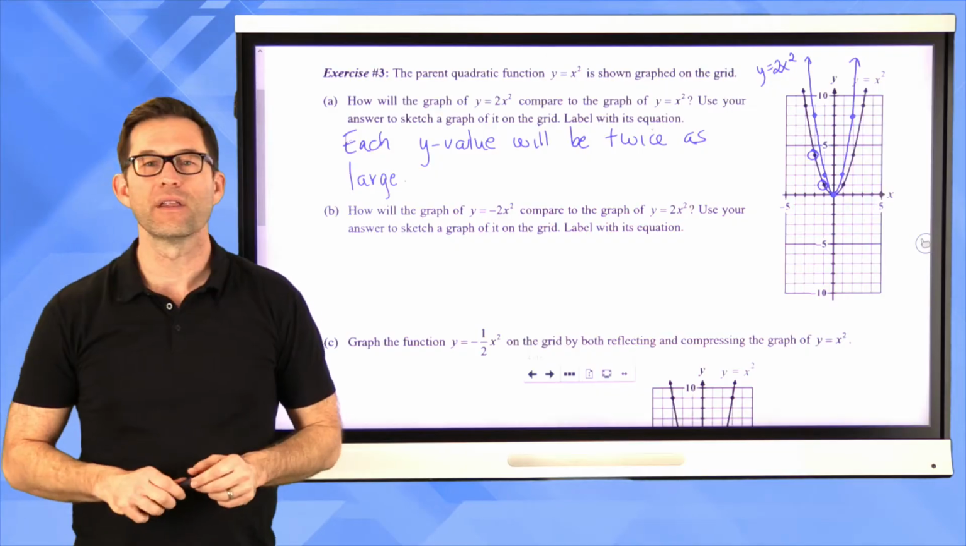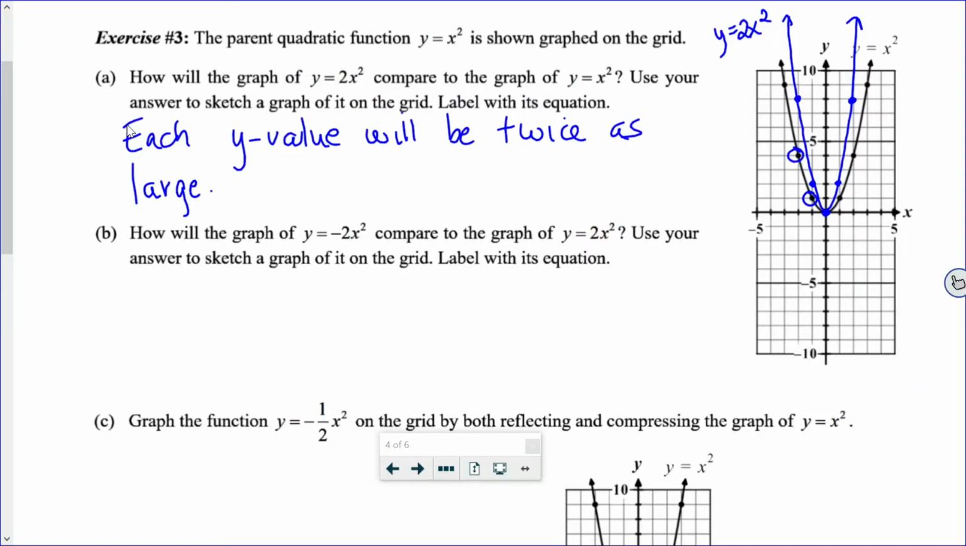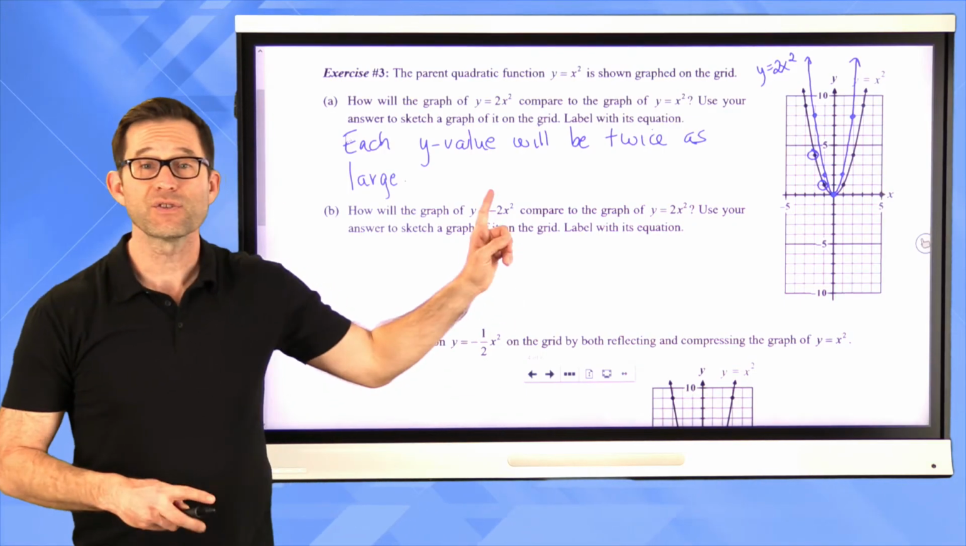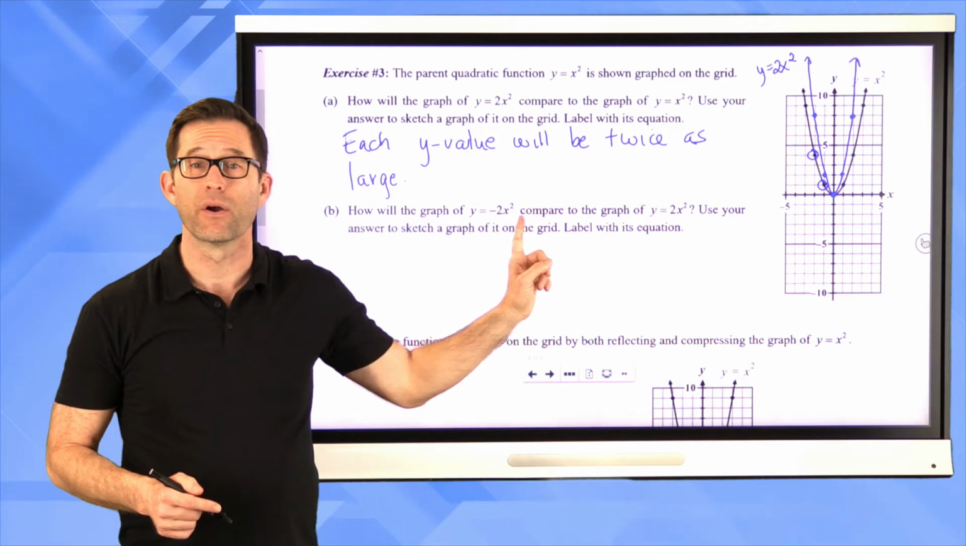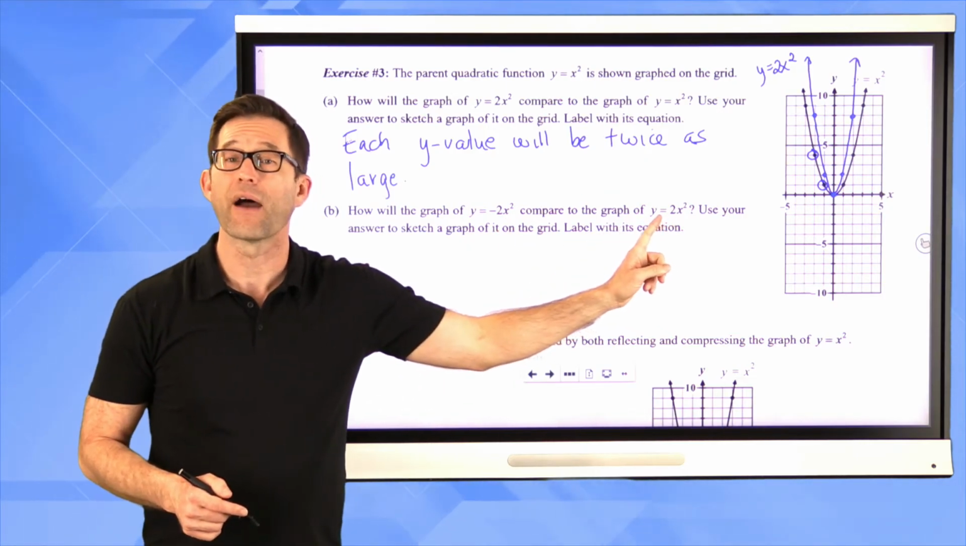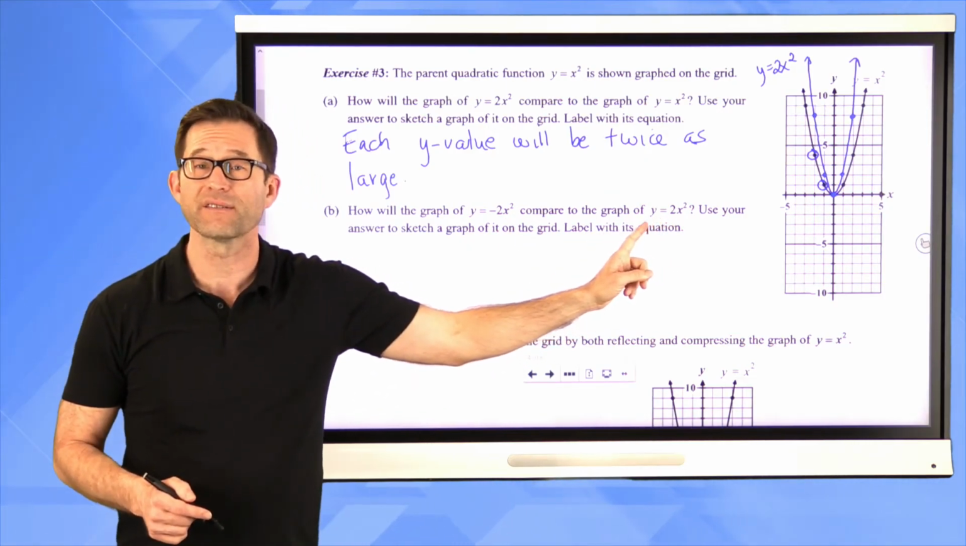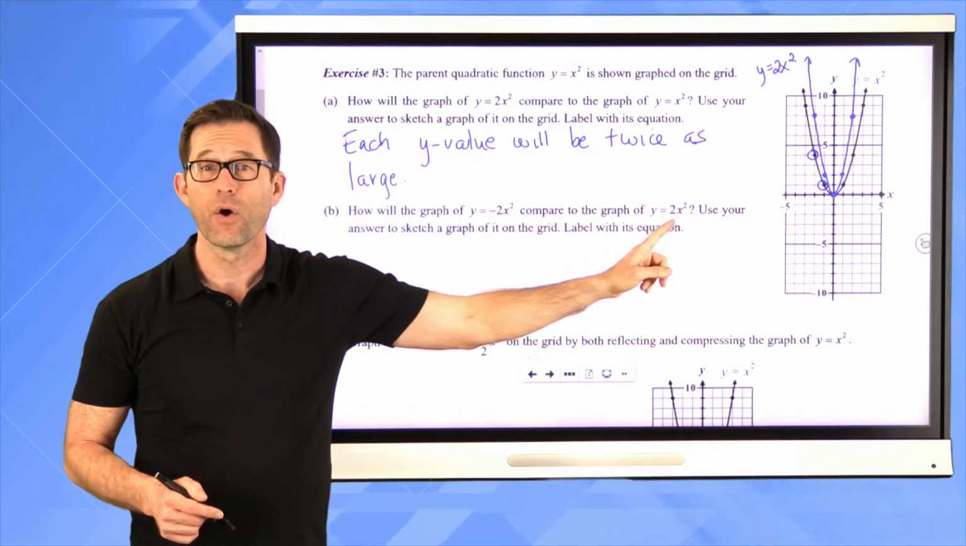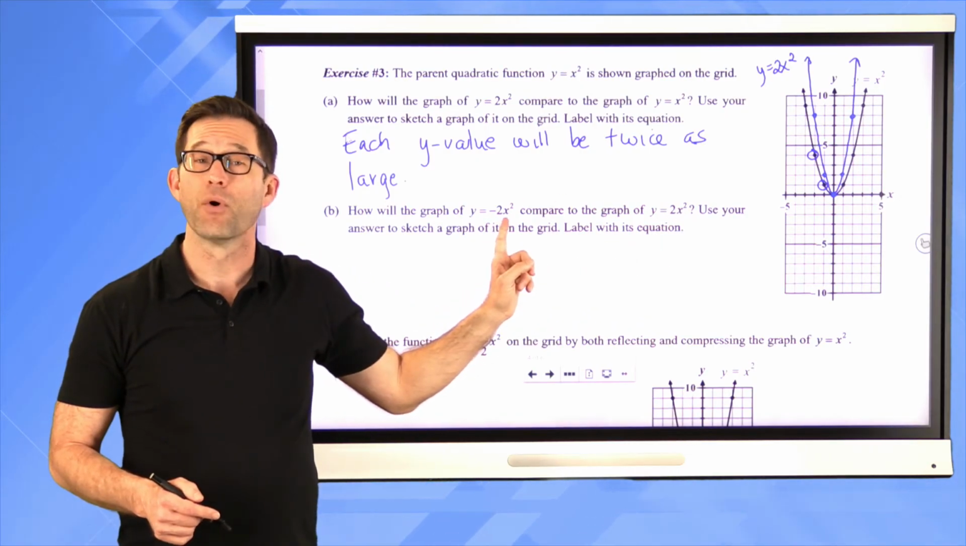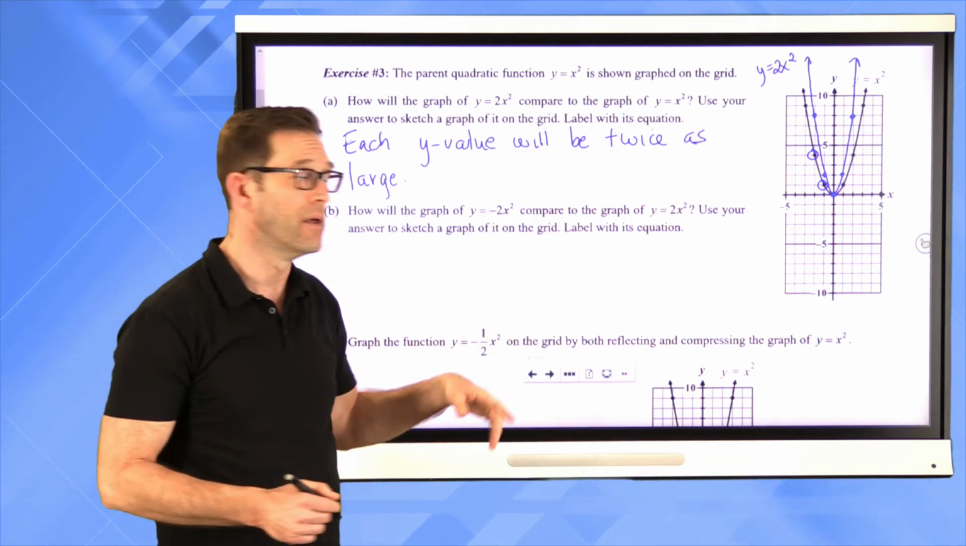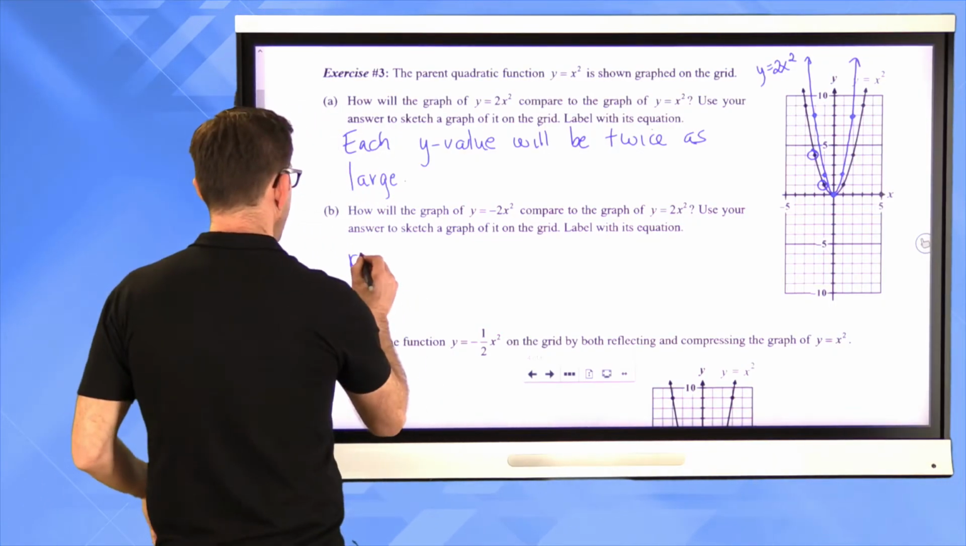All right, let's take a look at letter B. How will the graph of y equals negative 2x squared compare to the graph of y equals positive 2x squared? Use your answer to sketch a graph of it on the grid. Label with its equation. Well, again, this graph, y equals negative 2x squared, will simply be this graph after it's been reflected across the x-axis, right? Because all I'm doing to go from here to here is multiplying the formula by negative 1. So it will just simply be a reflection